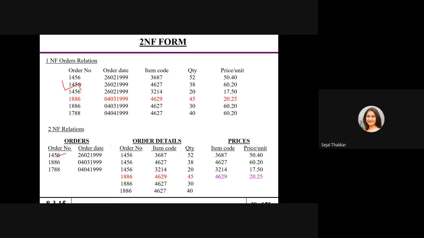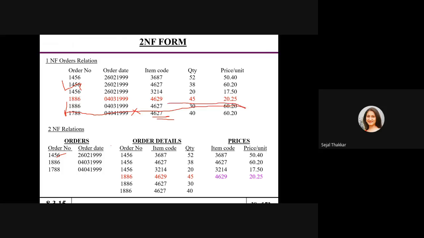Suppose 4627 is the item code of my Ariel washing powder, right? Now I don't want this, so I'm cancelling my order. But if I cancel my order, it means they delete that whole row.